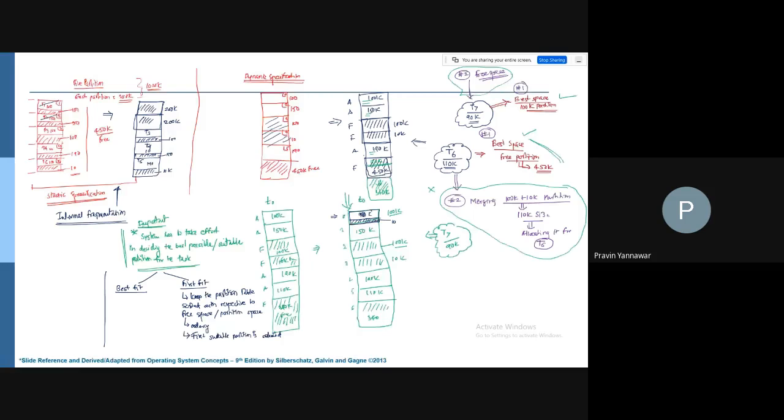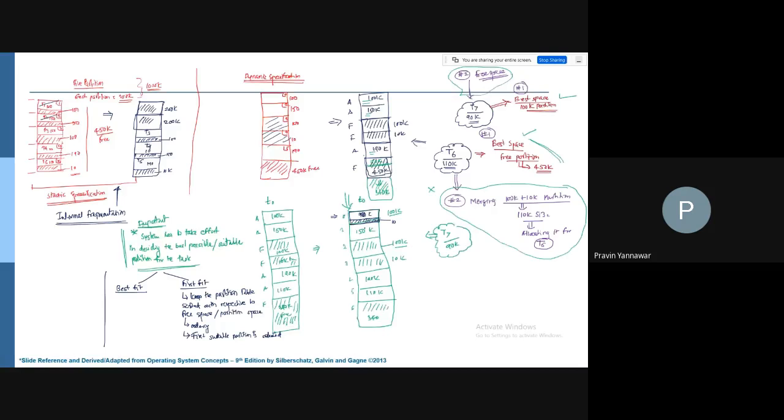If we go ahead with this kind of allocation of a task into a suitable partition, this may lead to the creation of smaller partitions.